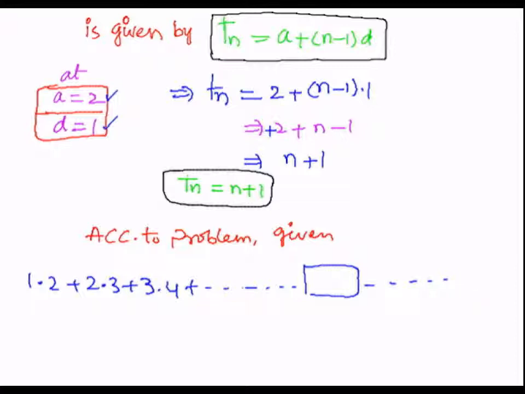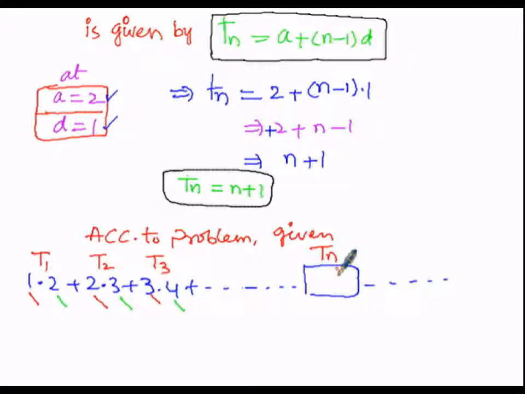The first terms of the series are 1, 2, 3 and so on, and the second terms of the series are 2, 3 and 4. On the whole, we write term number 1 as 1 into 2. The second term is obtained by 2 into 3. The third term is 3 into 4, and the nth term will be